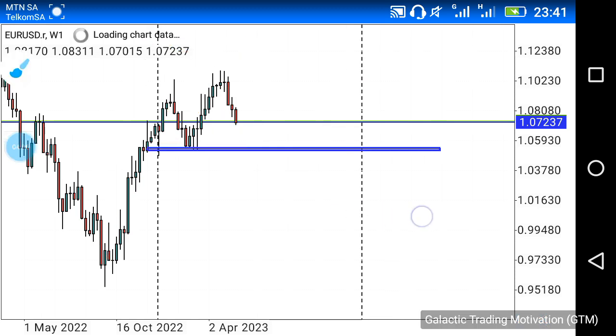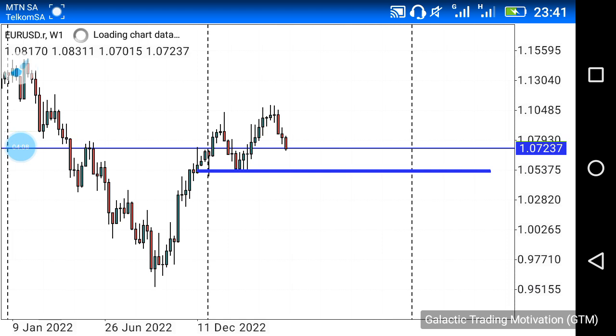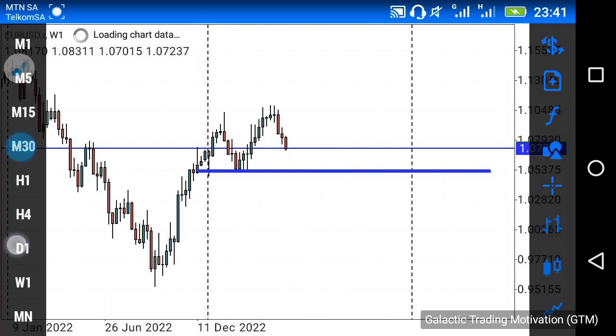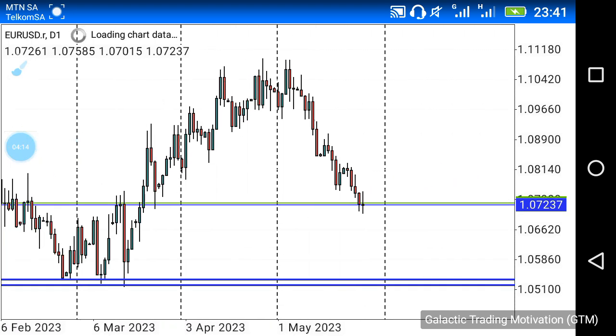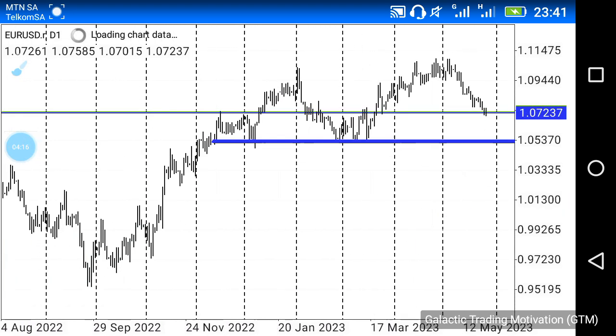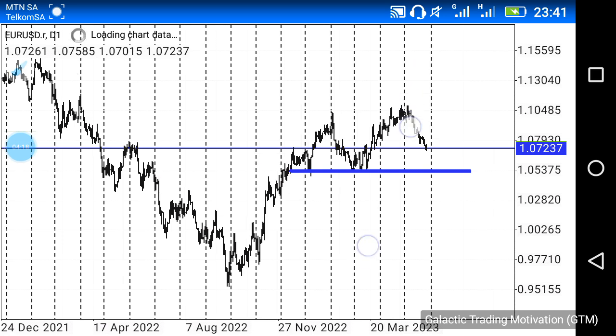Anyway, what else do we see, guys, at this point that we should be paying attention to? At this point, really, I don't see much, so what I will do is head down to the daily chart. And here we are on the daily chart. Let's have a look. And just to recap, guys, remember,